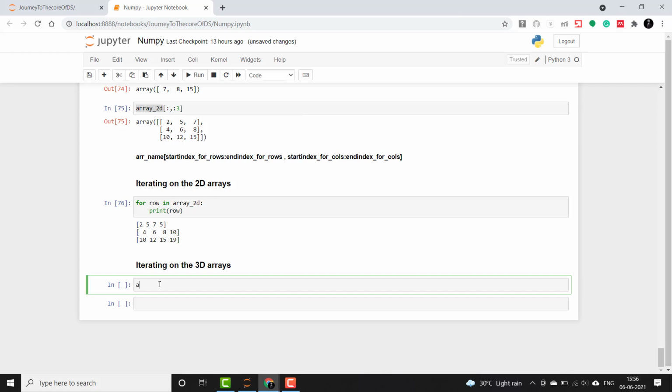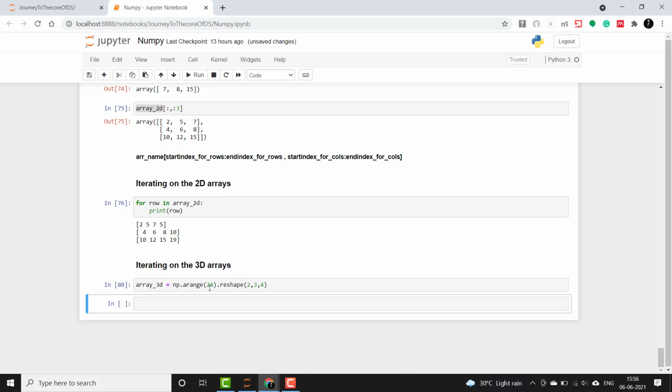So let's create a 3D array first. I'll say array 3D and then I'll use np.arange with 24 and reshape. I will specify 2 comma 3 comma 4 for its axes.